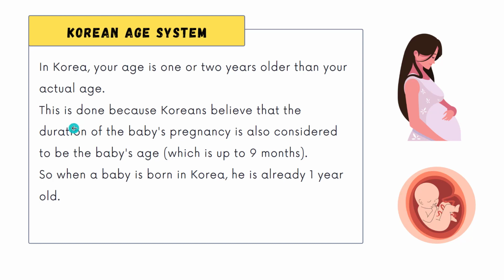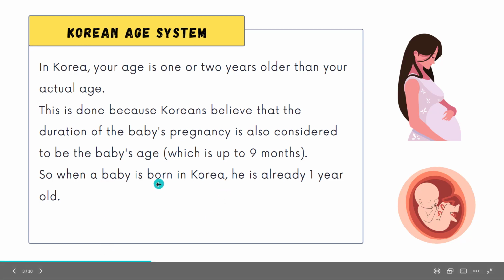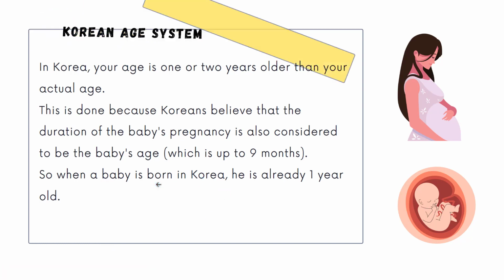So why do they do all these things? Because they believe that the duration of the baby is also taken into consideration when it comes to age calculation. So they will consider the baby's age as well, which is up to 9 months. That means they will consider it overall as 1 year. By the time the baby is born, it will be 1 year old. But for us, we just take it as 9 months, right? So the baby already will be 1 year. And one more interesting thing is,